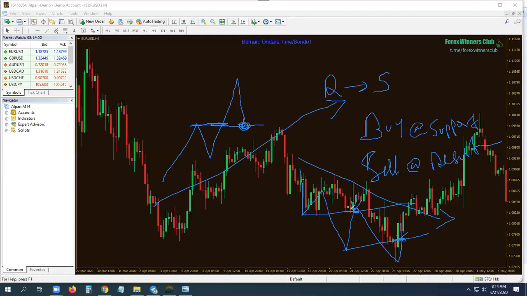This is what we call sell high. If you are a seller, you would like to sell at the highest price. If you are a buyer, you would like to buy at the lowest price, correct? So in an uptrend, you don't buy here when price is already high, because when price is high, you expect it to fall. You buy when the price has come down, like a discount, and expect it to start rising again.